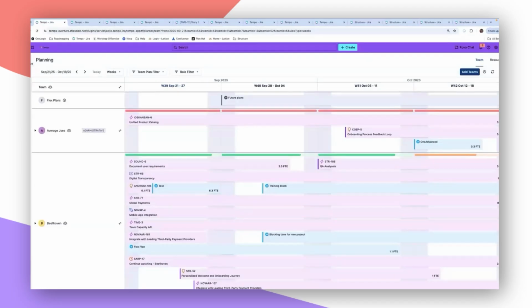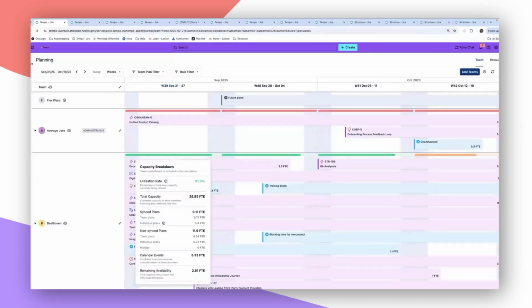And that's the kind of what-if analysis you simply can't get in spreadsheets. Customers will tell us all the time that this is what gives them credibility when they push back on unrealistic timelines. Instead of saying, I feel like we can't do it, they say, here's the data that shows why we need to adjust priorities or staffing, or here's the data that proves that we can get this done because we do have the capacity. And you can see immediately which teams are contributing, how much capacity is committed